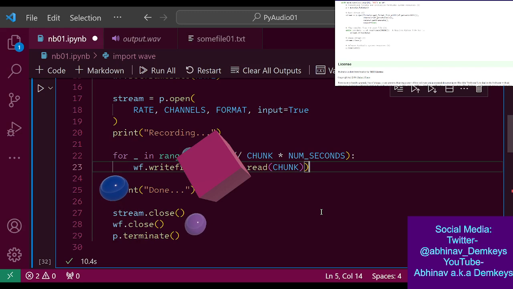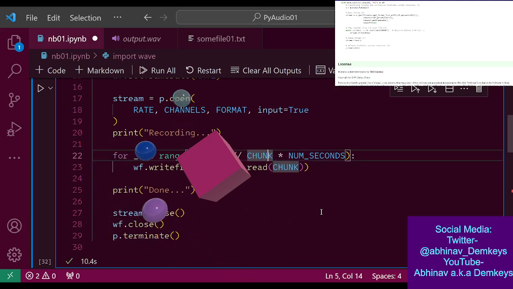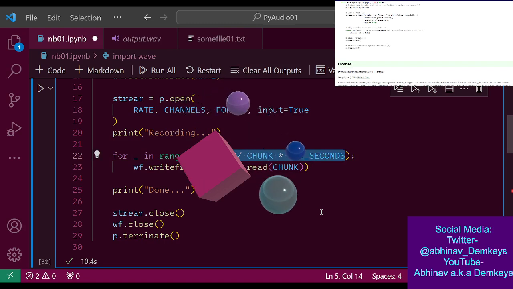Right now chunk is 1024 frames, so it's going to read 1024 frames, and we have this little formula that takes the sample rate into account, the chunk count, and the number of seconds, and it makes it so you are able to break the data that you're reading into smaller chunks and write that to the file.